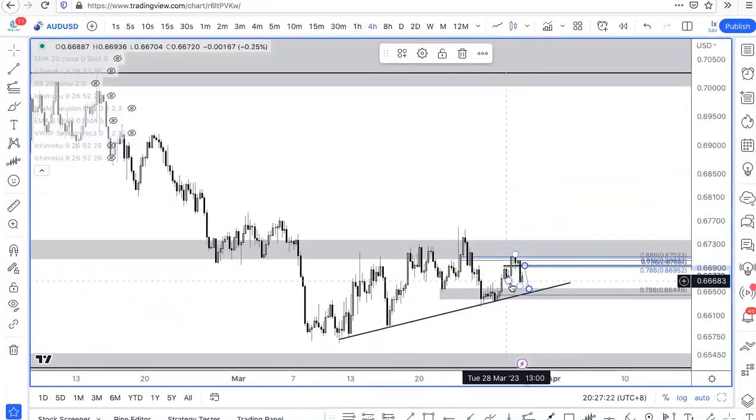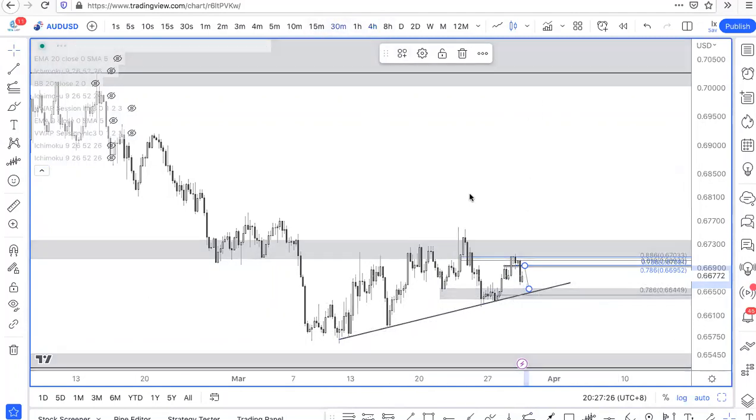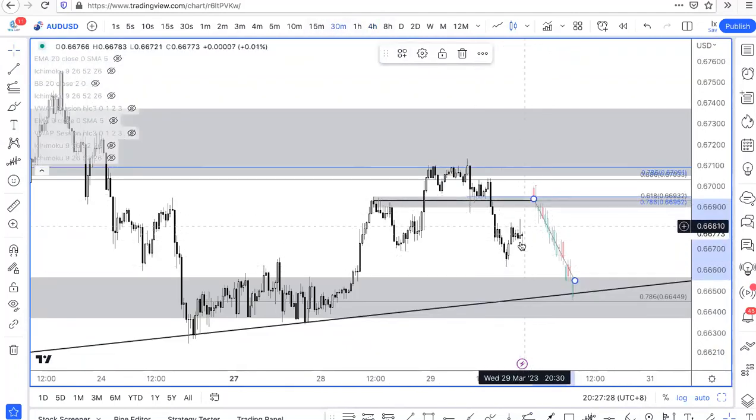Until price breaks below this ascending trend line, then we could see a further drop. But for me, right now, this is just looking at how price reacts here. So once again, if price comes into this zone,